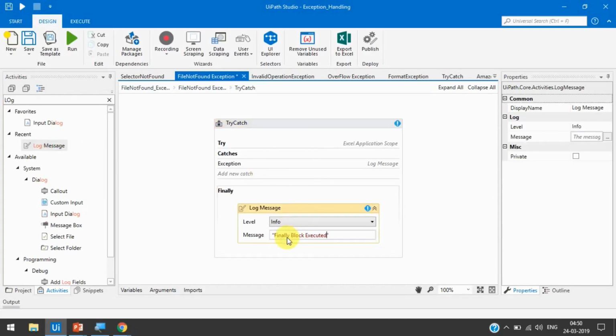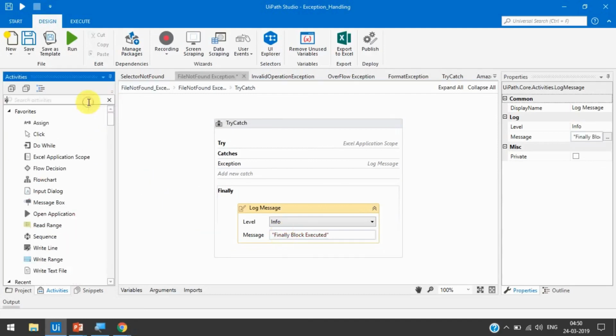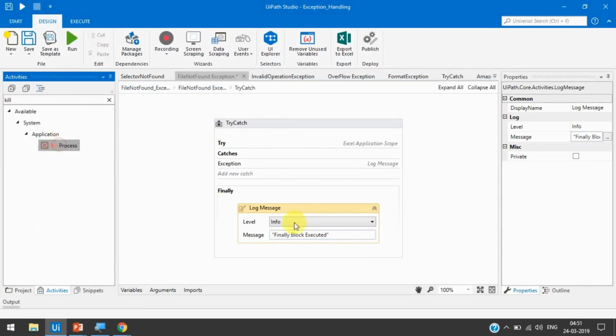executed, and then we will take one kill process activity.